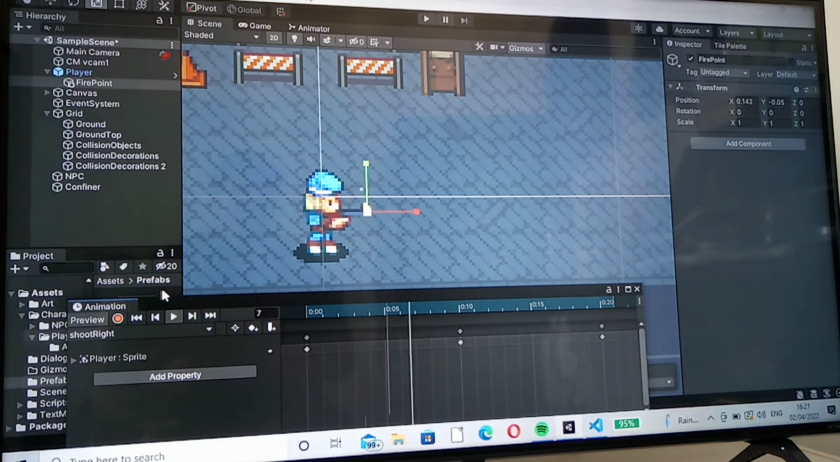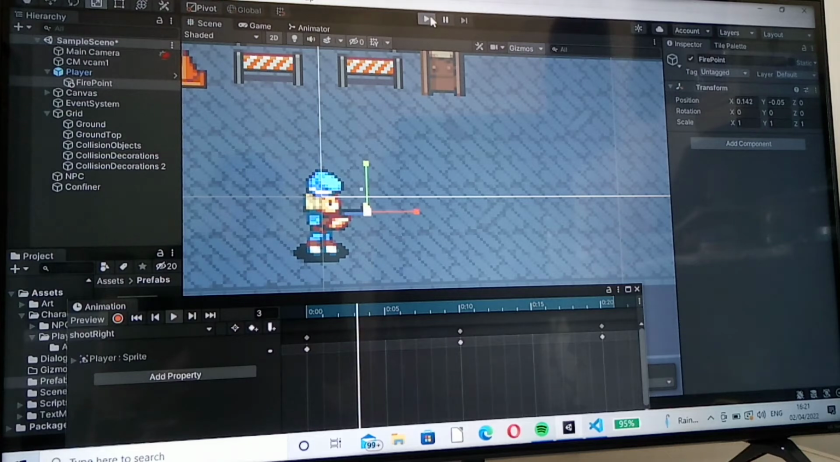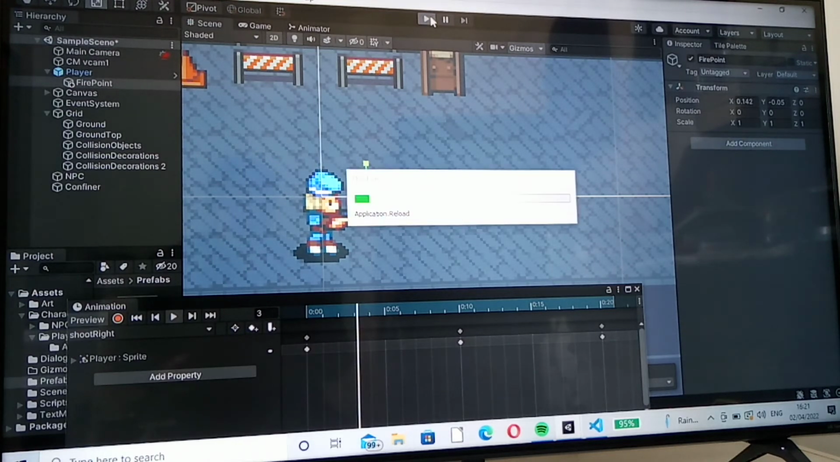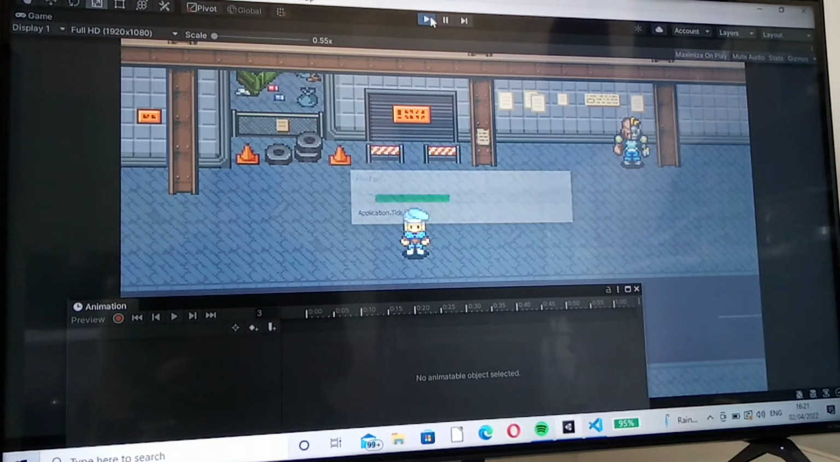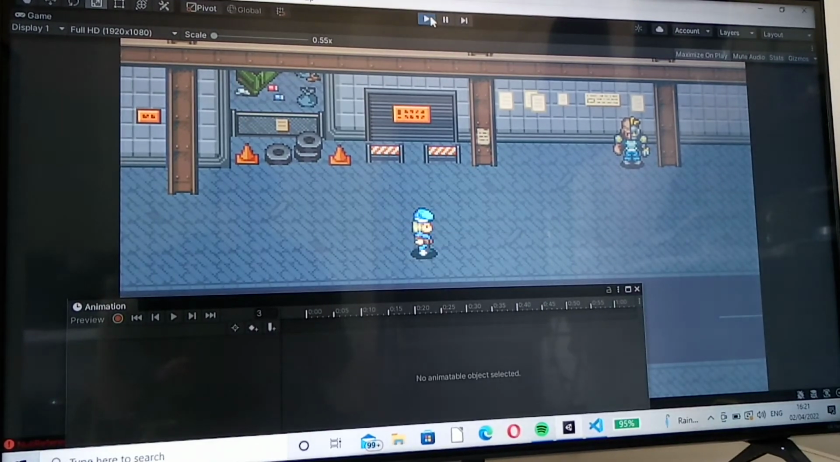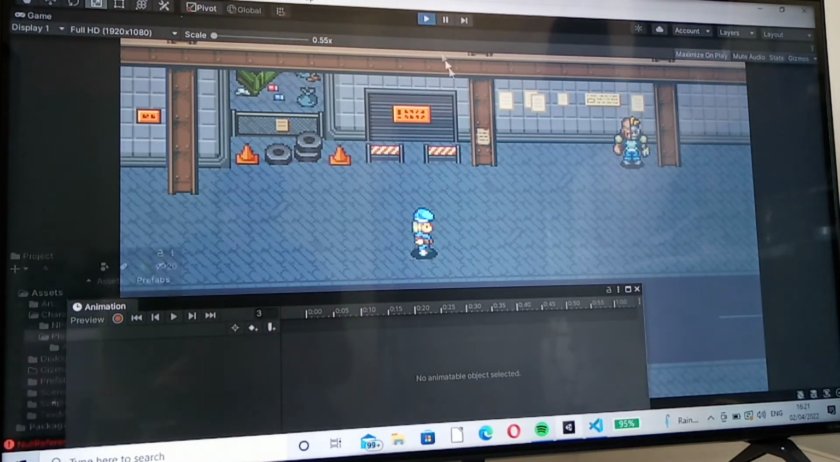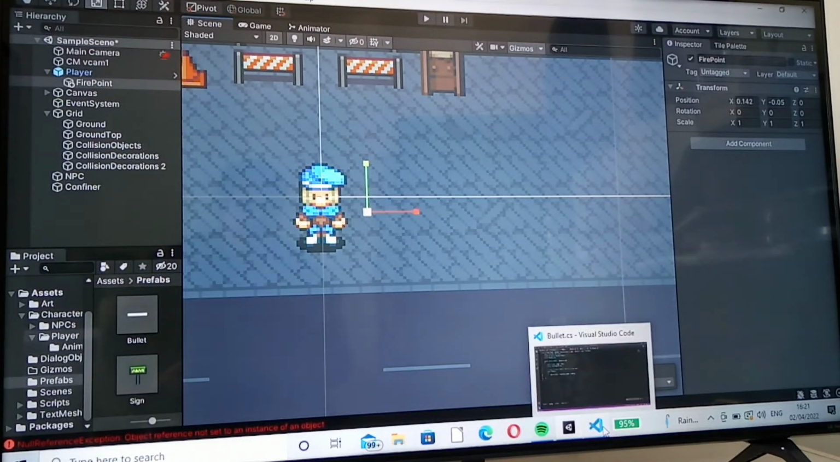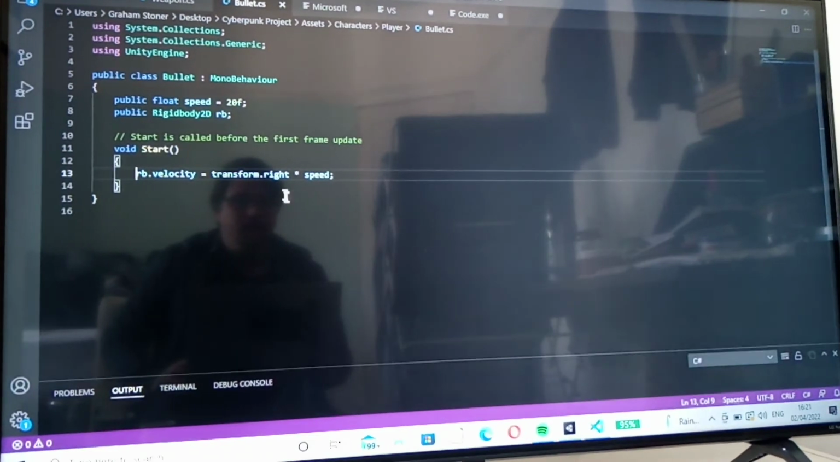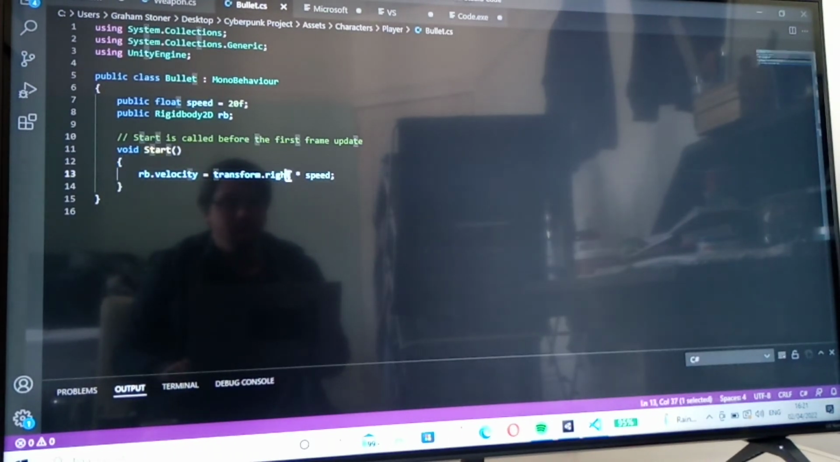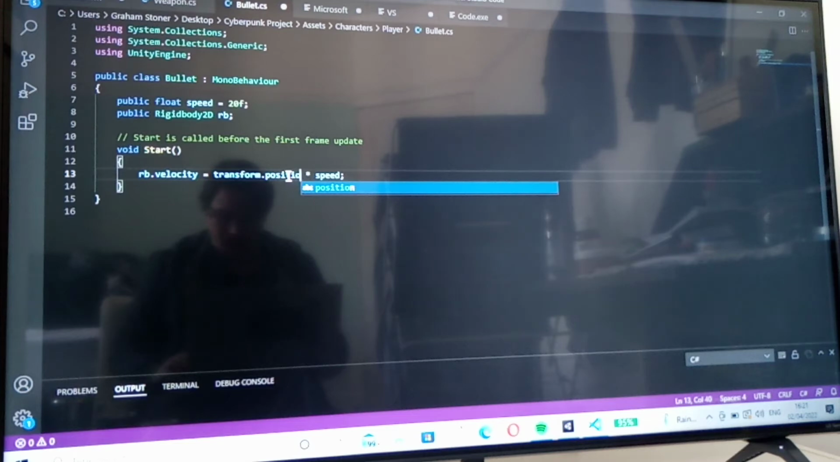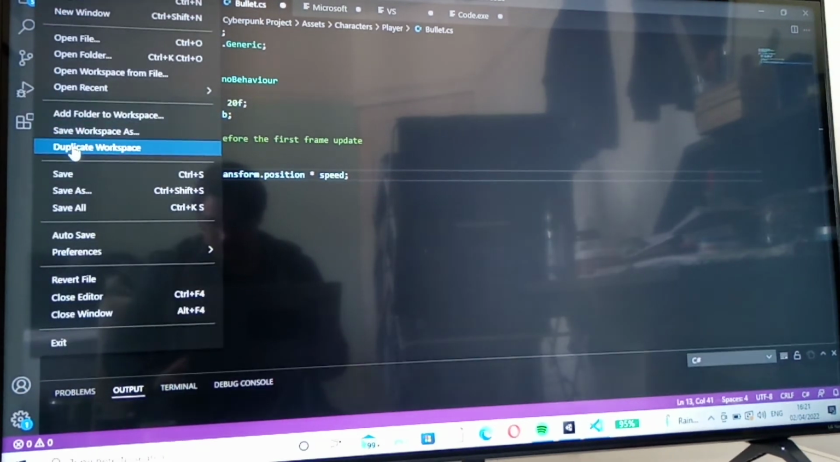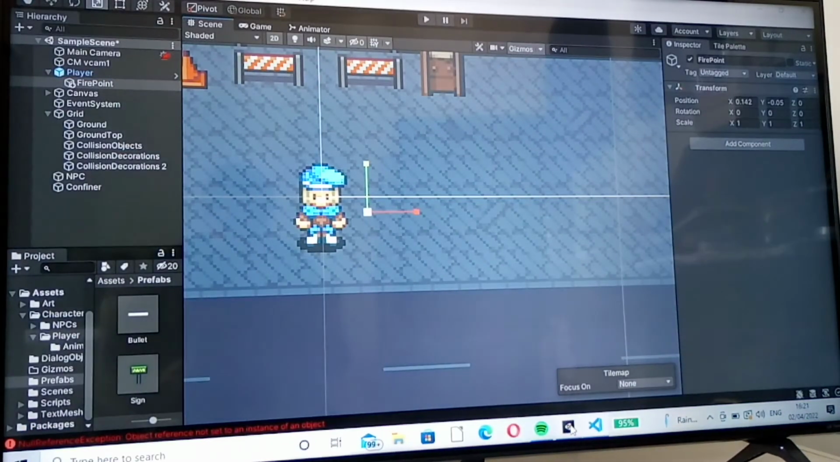So, you know, when I go to here, I'll show you again. See, it then shoots, but it only goes right. So I think if I come out of this, let's get rid of this. There's always a null exception. Yeah, I mean, I did this. I thought transform.position, but what actually happens